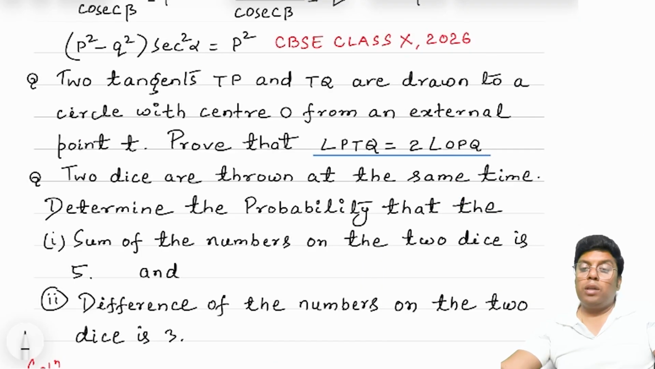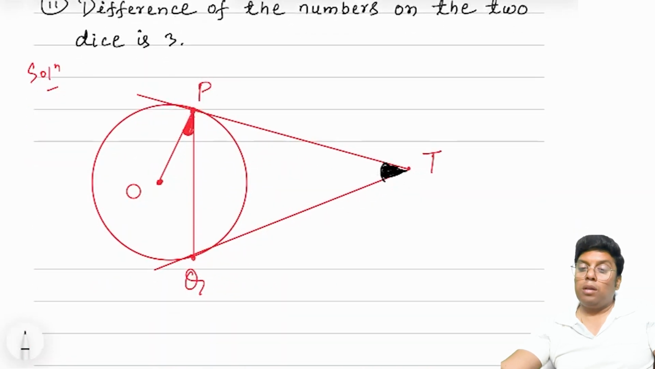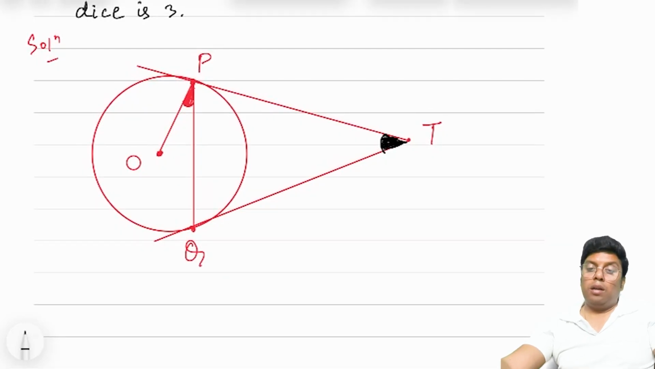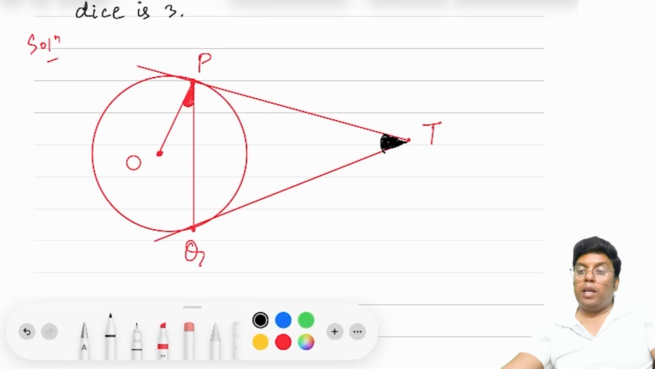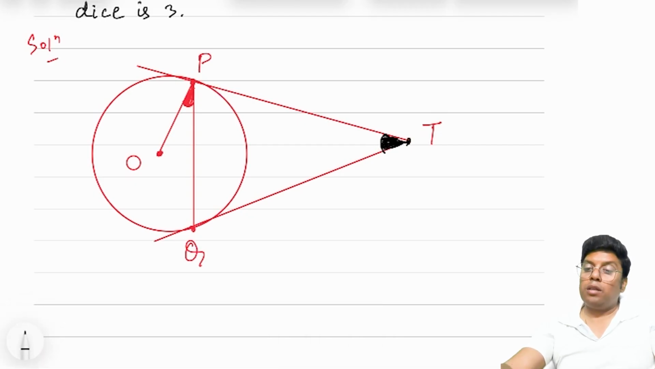The question is: two tangents TP and TQ are drawn to a circle with center O from an external point T. Then we have to prove that angle PTQ is equal to 2 into angle OPQ. So here a circle is drawn, and T is the external point. From this external point two tangents TP and TQ are drawn. So now we have to prove